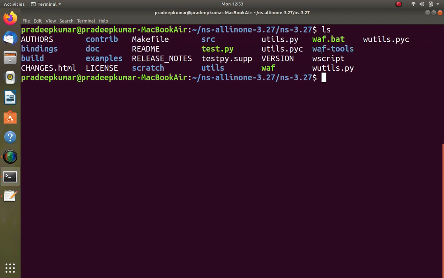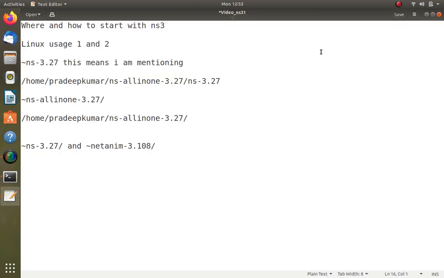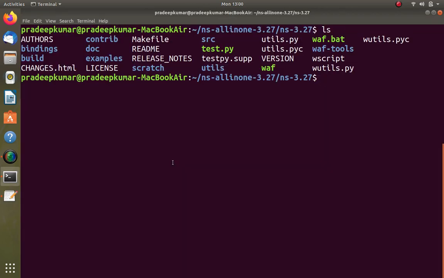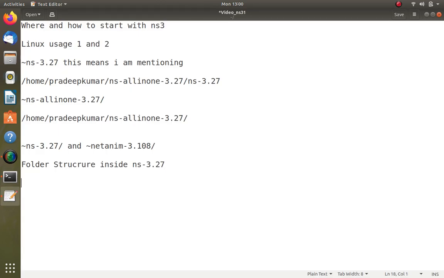We mainly use each and every folder. So, the folder structure inside ns 3.27. Scratch is the folder where all the execution happens. src is the folder where the source code is located.